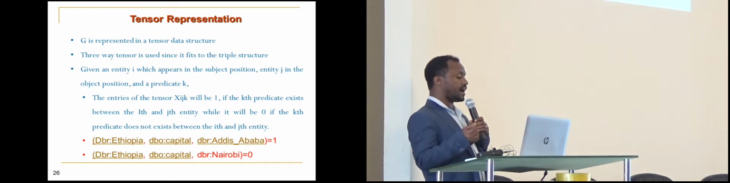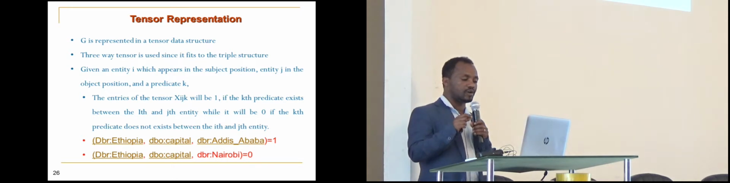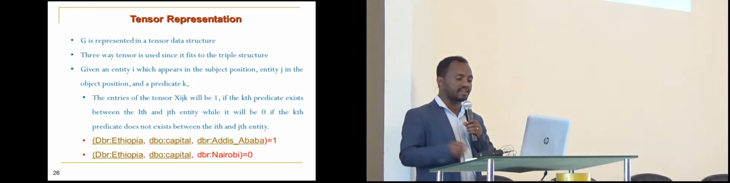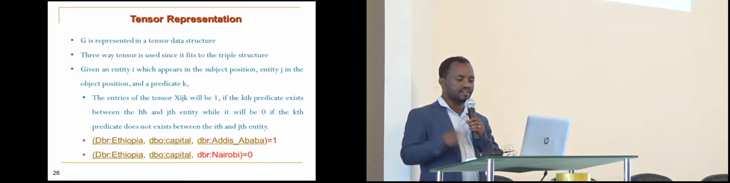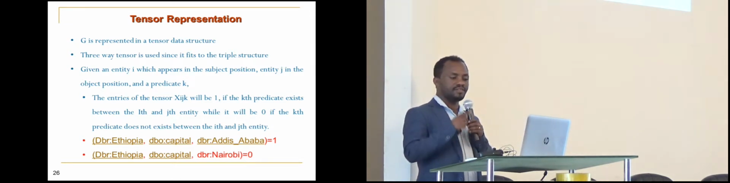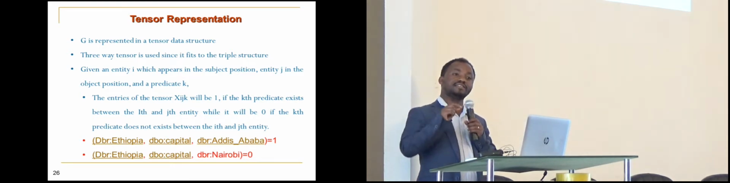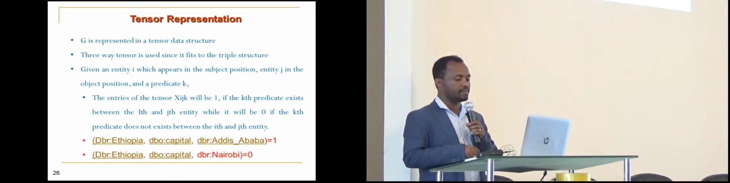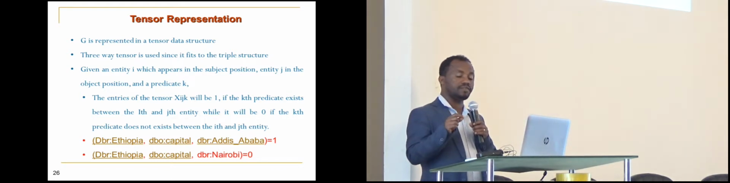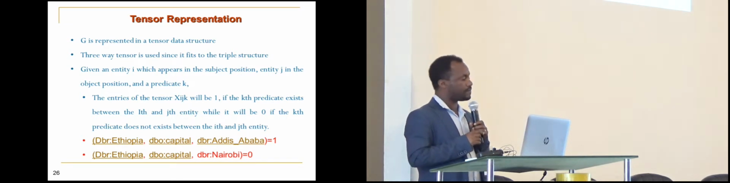Given an entity I which appears in the subject position, an entity J in the object position, and a predicate K, this can be represented in a tensor. The entry will be 1 if there is a K relationship between I and J, and it will be 0 if the predicate K does not exist between the two entities. For example,